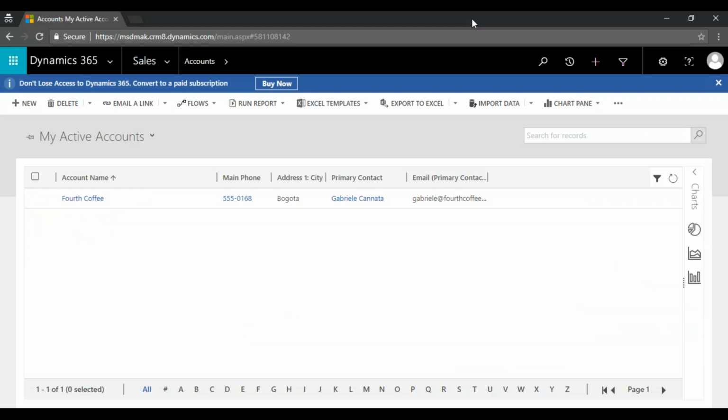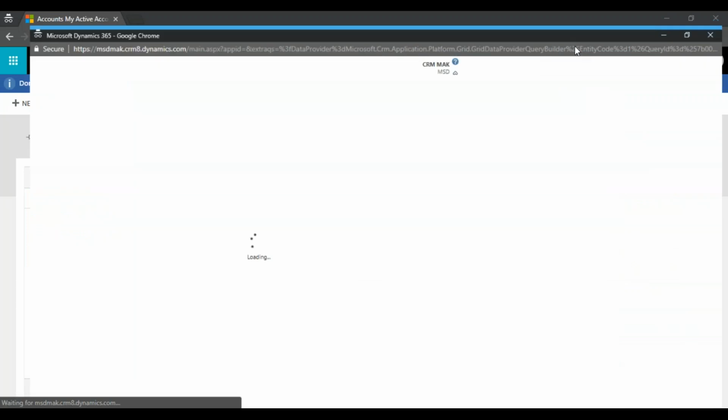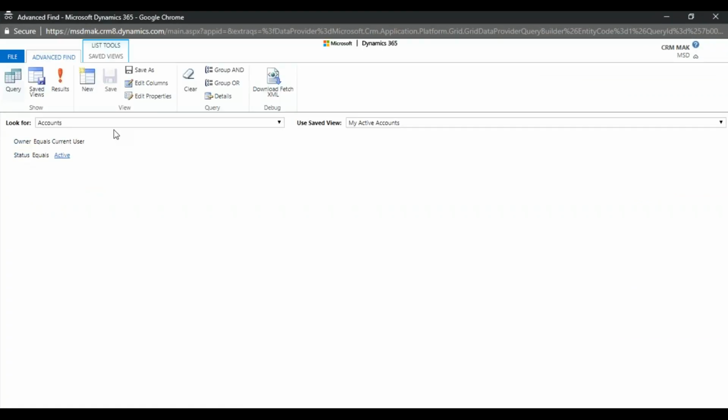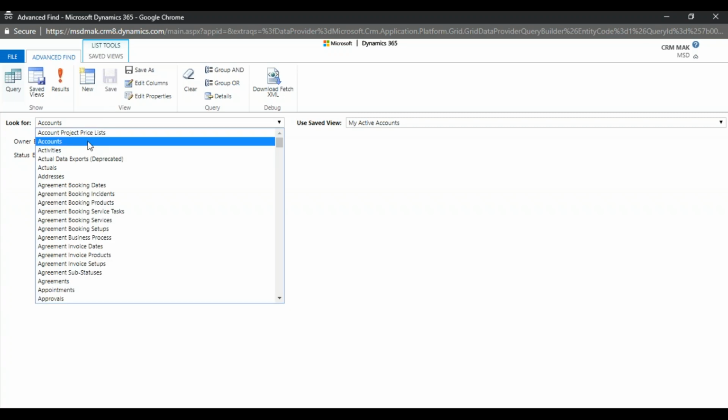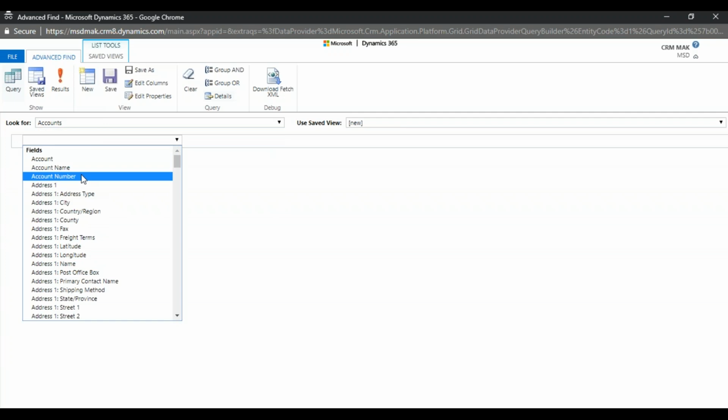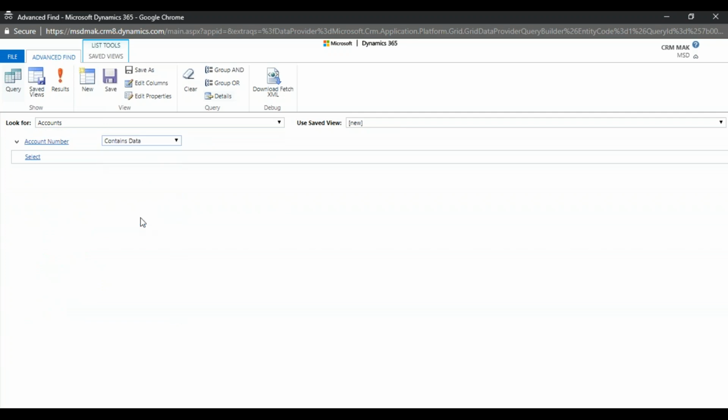But still, if you want to do the querying part, then you can use Advanced Find. A user interface will be there, and using Advanced Find you can do the querying. Account is there, so if you want to write any queries, you can go here and write a query: account number contains data.